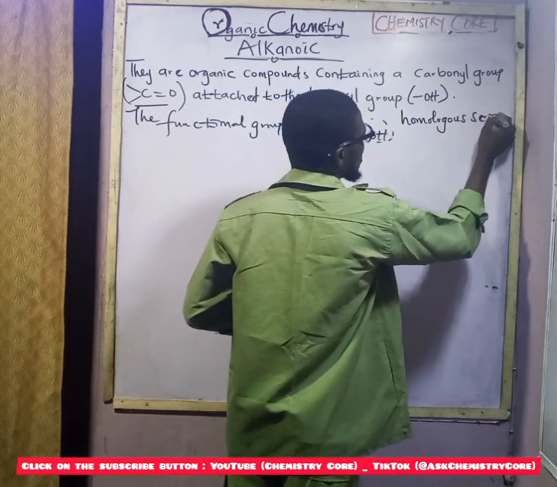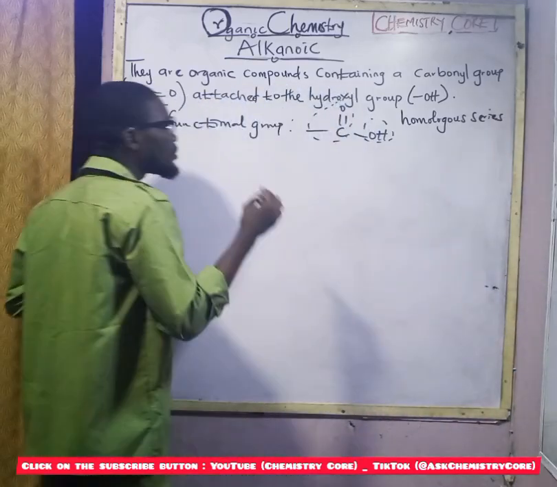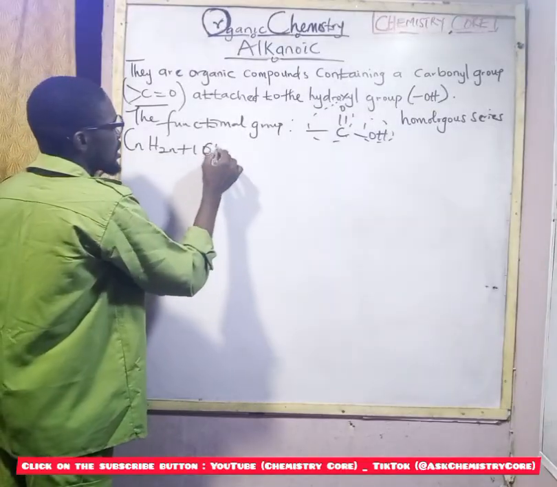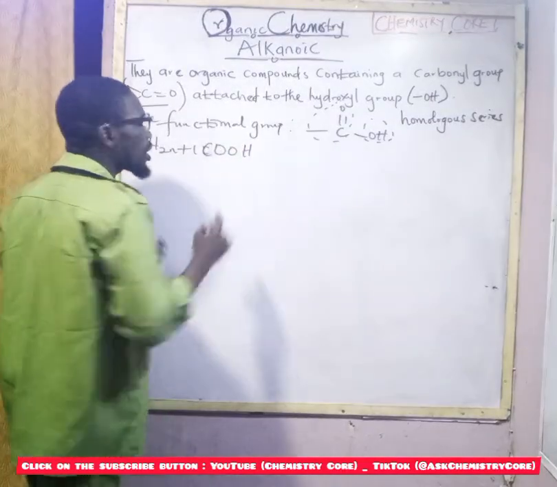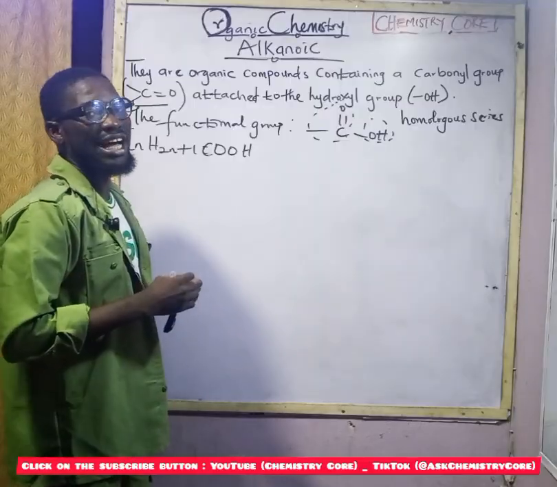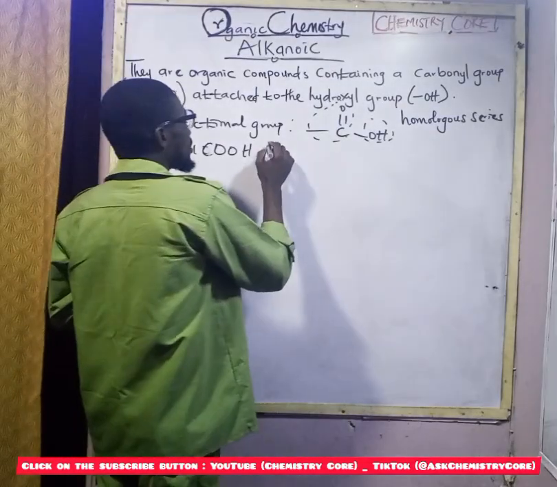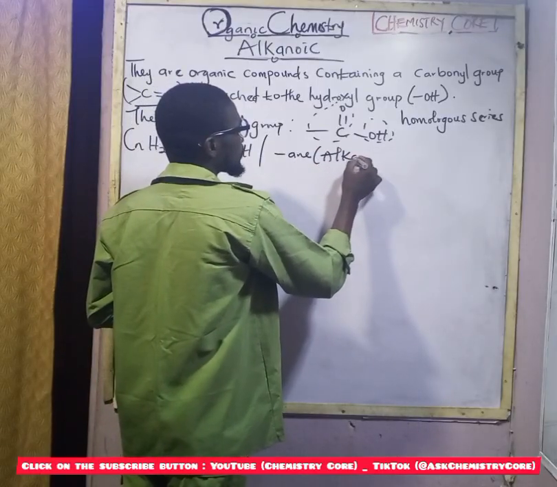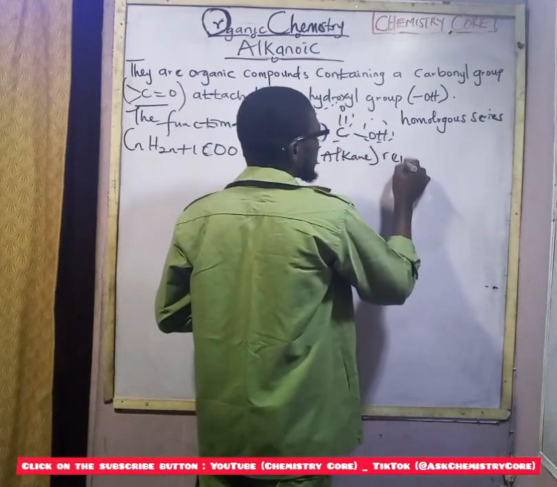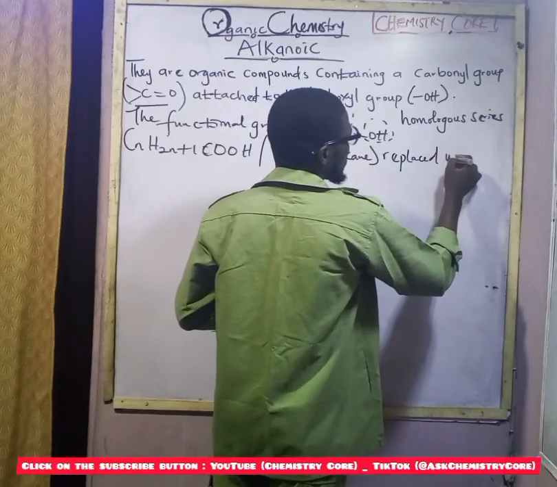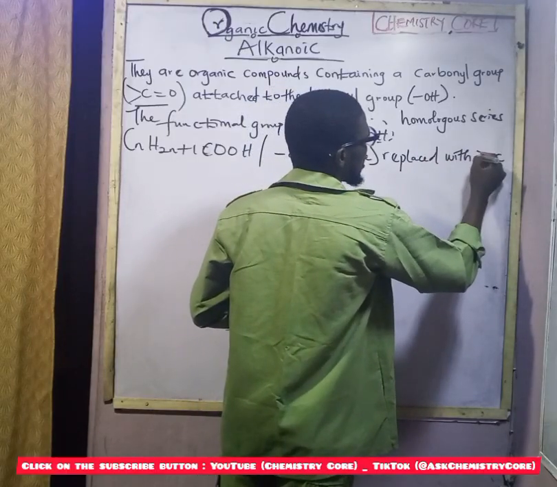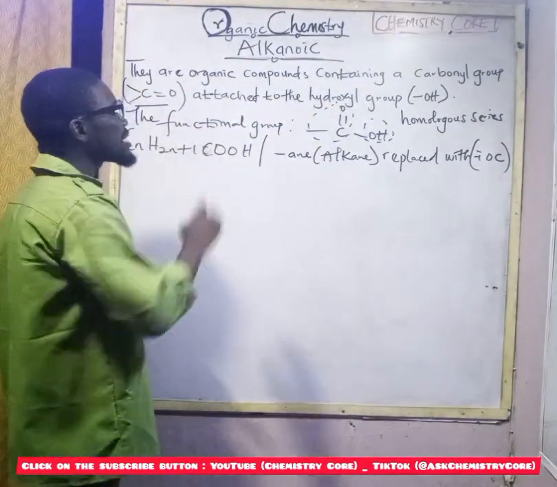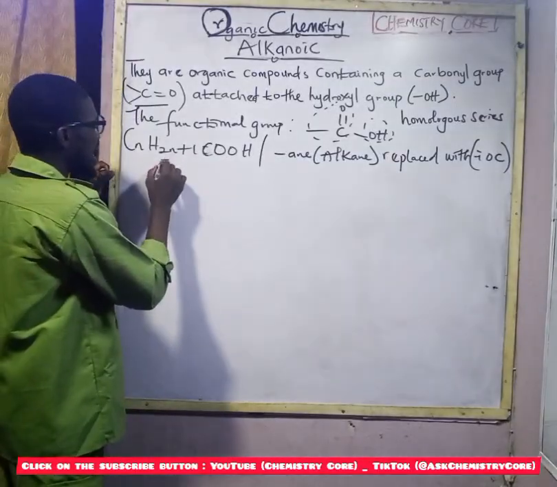Homologous series with general molecular formula CnH2n+1COOH. And when we come to the naming of this carboxylic acid or alkanoic acid, the -ane of the alkane is being replaced with -oic. So meaning that if we are to name any organic compound under this carboxylic acid, the first member is ethanoic